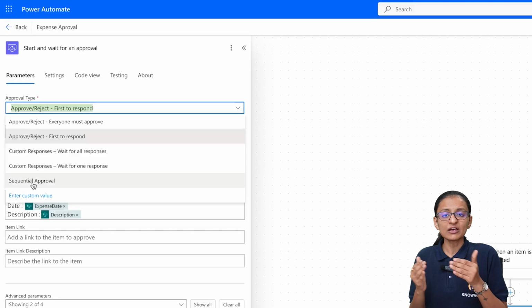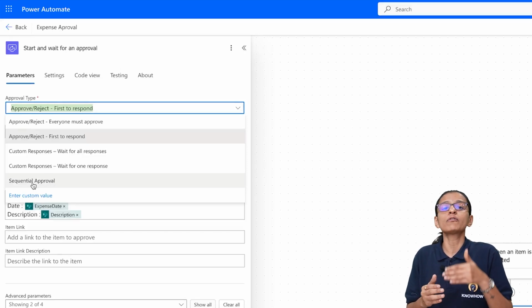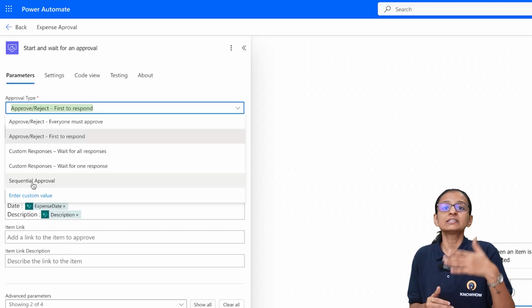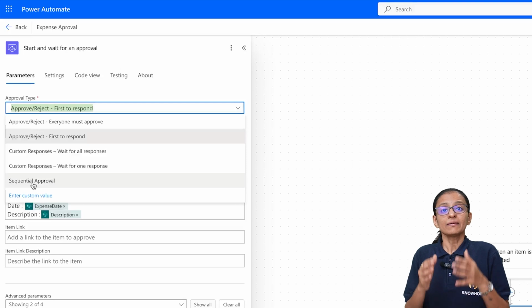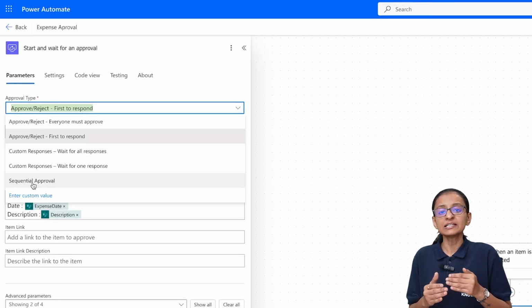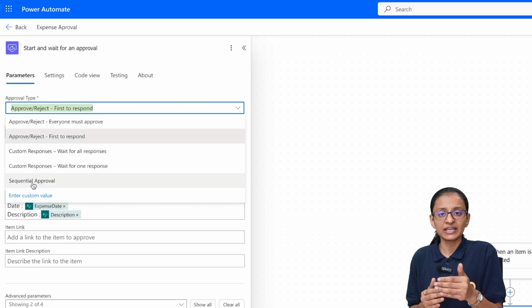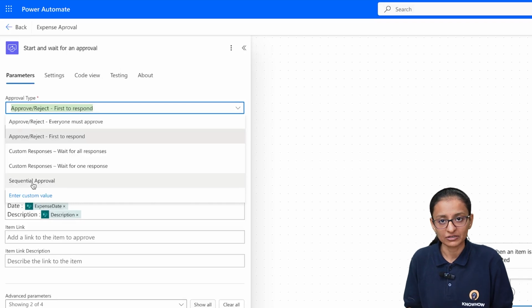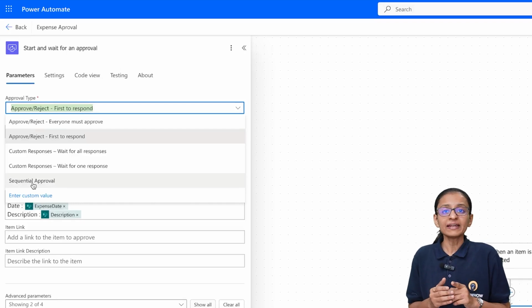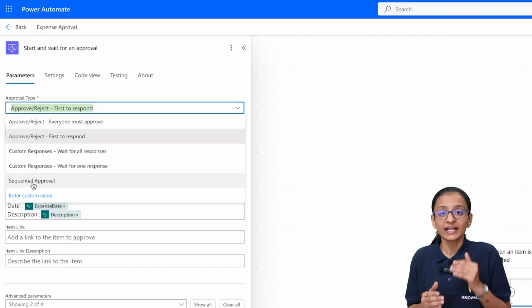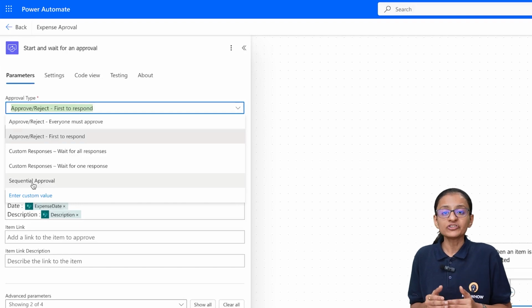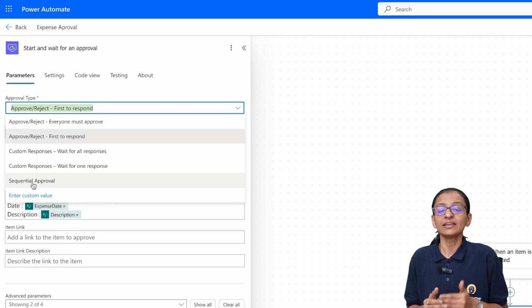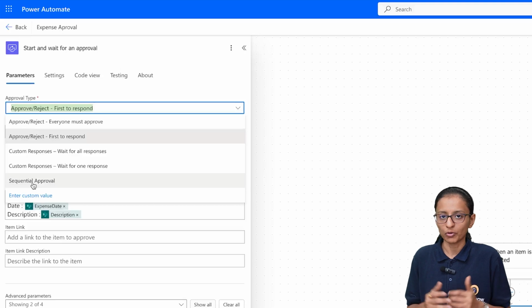Then if the manager approves or rejects, it will go further to the next level, that is the department manager. Then based on the first person's and the second person's approval or rejection data, the flow will complete its execution. That means the department manager will not get notified unless and until the manager approves or rejects the request. So that is called